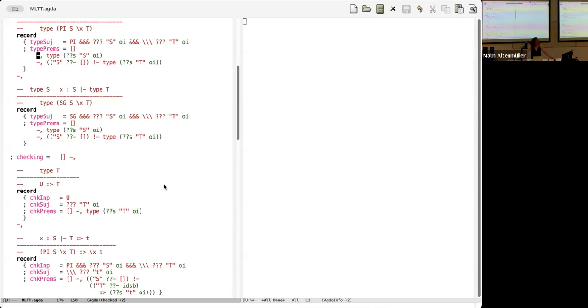I was wondering, you said that all of the pattern variables in the conclusion have to be present linearly in the premises? In the subjects of the premises. Yes. How are you enforcing that in Agda? Like, I can't see it in the code. No, you can't see it in the code. I'll get there.